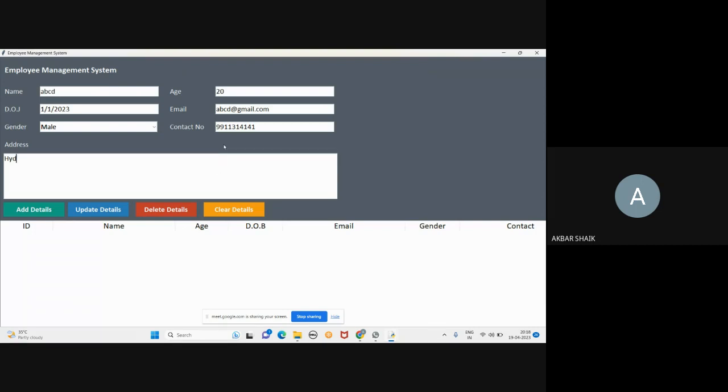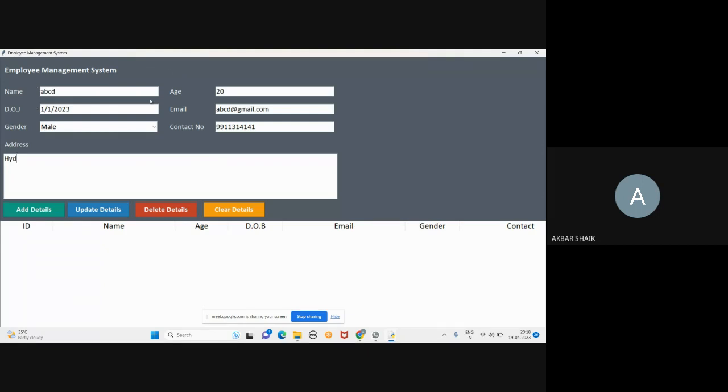I told you an example: whenever you create a Gmail account, Google asks for some information from you, right? You enter your personal details like your name, date of birth, email ID, mobile number, and in a similar way we are doing this project. The project name is employee management, where we are going to maintain the details of all the employees of your company, your college, or your school. Okay, so now when I am going to